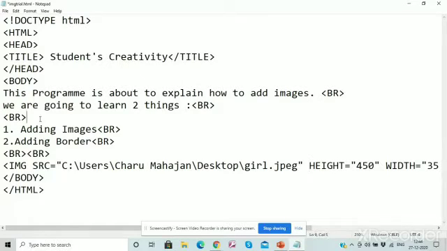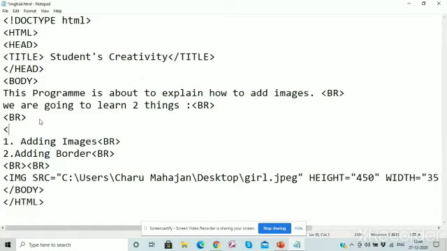We start the command from here. This is for the bulleted list. I'm first giving unordered list. The first item we have to give li, and again here also.